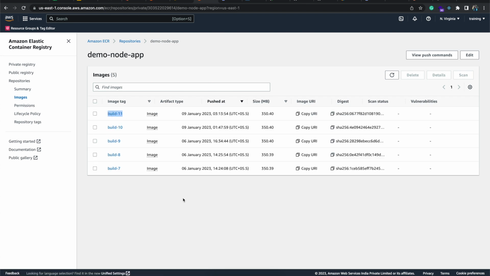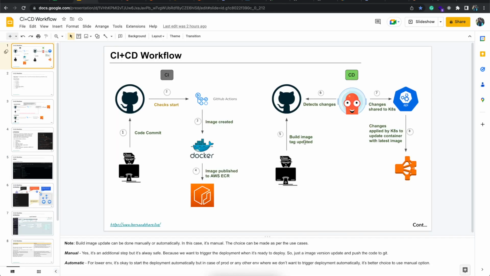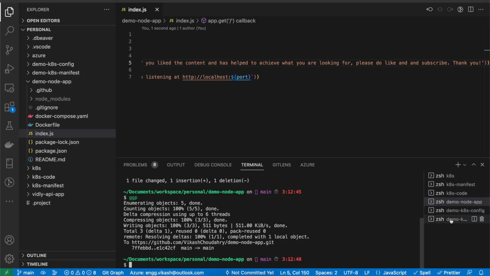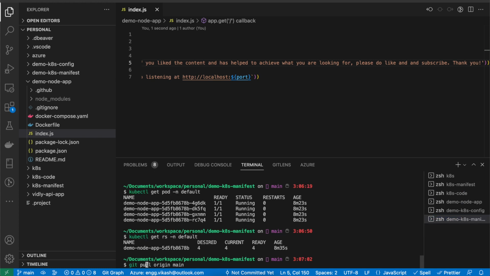Now what I have to do, again I'll repeat, is this manual step where you have to update the build image. Hence we have this person icon updating this build image tag. And as soon as I do this, the rest of the things are automated. I don't have to do anything manually, like go and update the container and all those things. And this is your GitOps. This is the GitOps flow. So in order to do that, let's go to the manifest file, pull the latest changes,